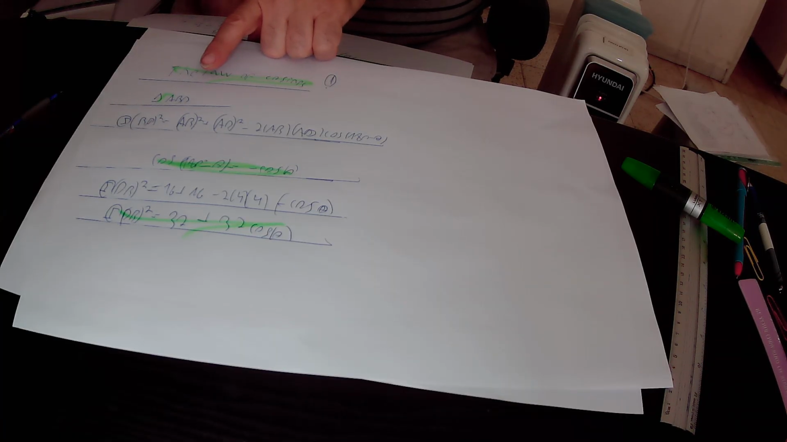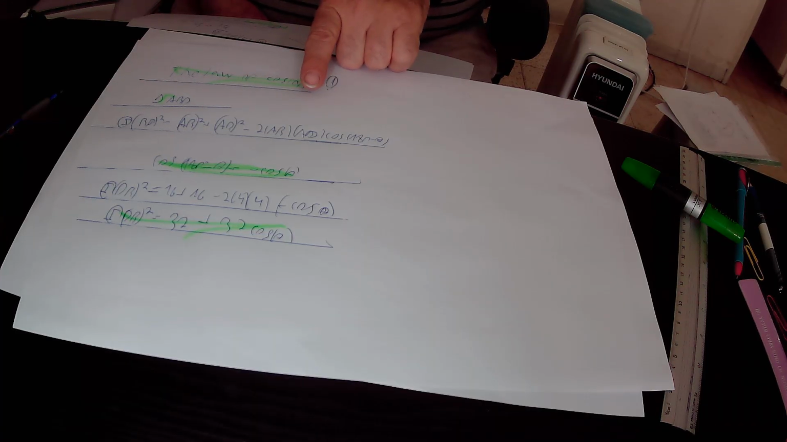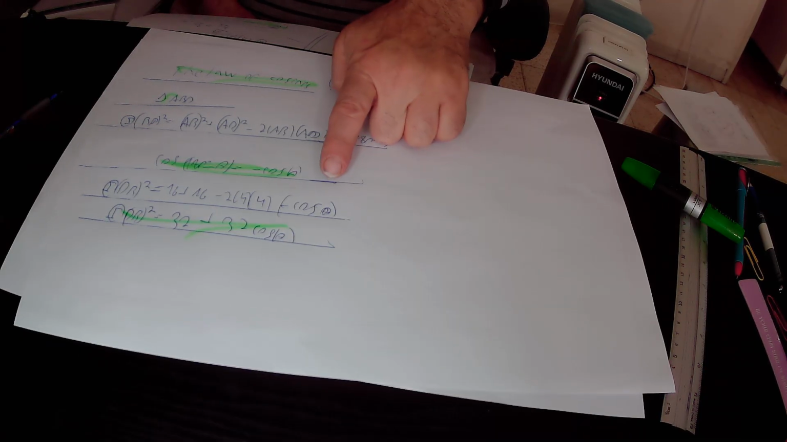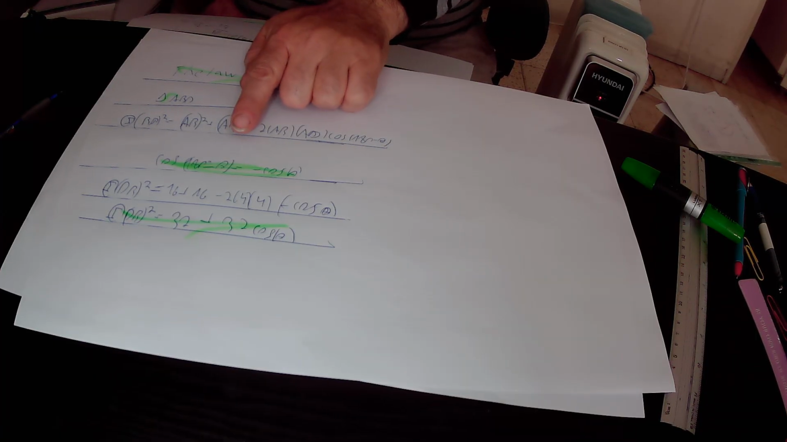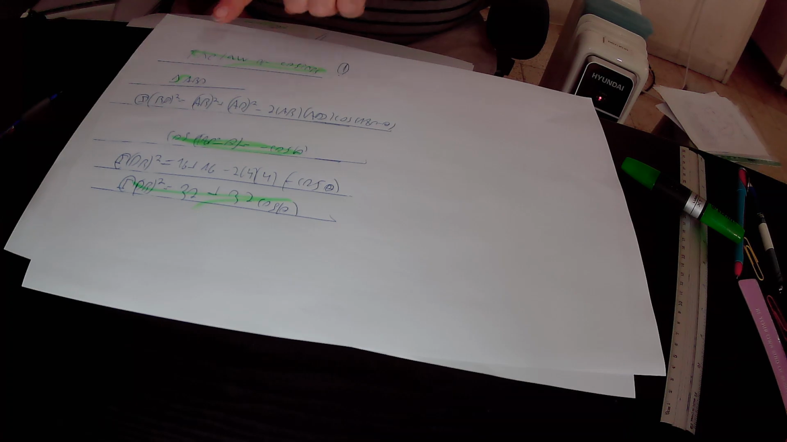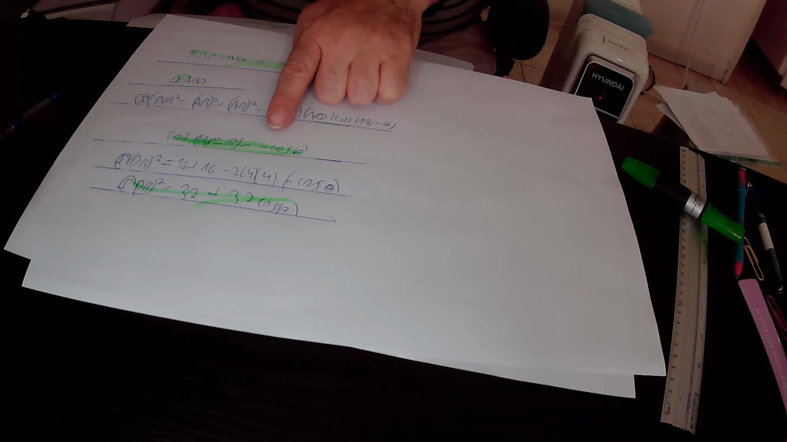So in total, BD squared equals AB squared plus AD squared minus 2 times AB times AD times cosine of 180 degrees minus theta. But cosine of 180 degrees minus theta equals minus cosine theta. So in total, BD squared equals 16 plus 16 minus 2 times 4 times 4 times minus cosine theta. So here we have BD squared equals 16 plus 16 is 32, minus 2 times 4 times 4 times cosine theta is